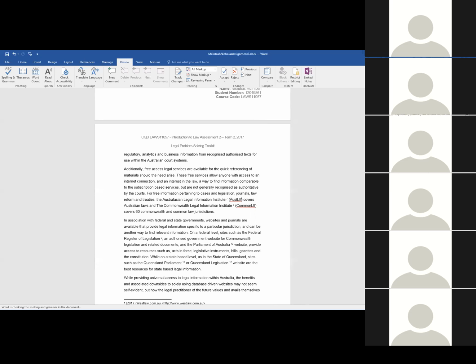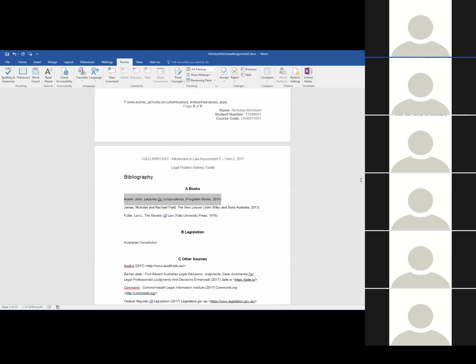Just for fun, have a look at one of the study guides and do this exercise, and you'll see it'll light up more than Nicholas's document. So what we're doing is working our way through, and it's giving you a prompt. Now, see, lectures on jurisprudence, I would have thought that should be a small o, not a capital O. Can you see where it is in the middle there?